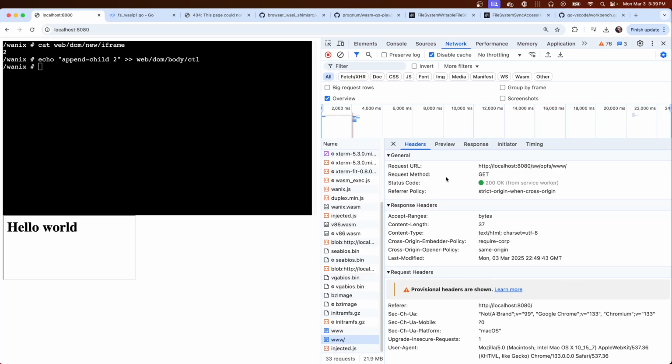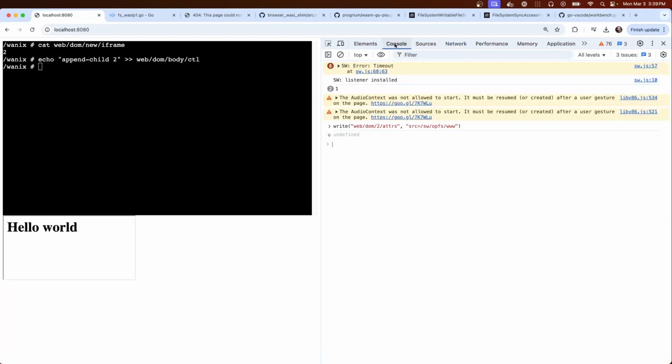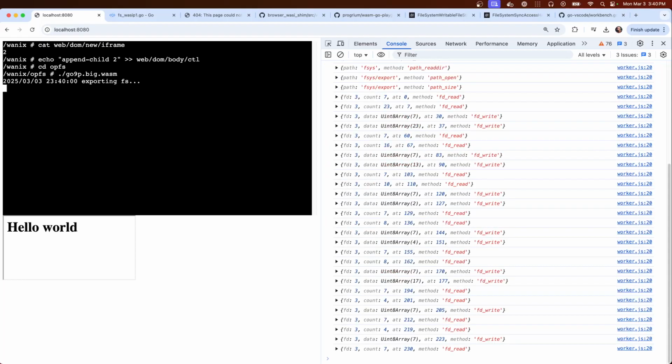And so now we can run OPFS. Run that. And then point this to Go9P www VS Code.